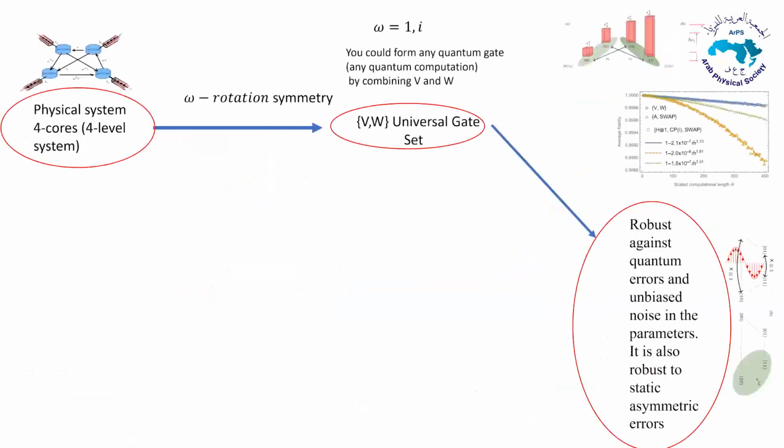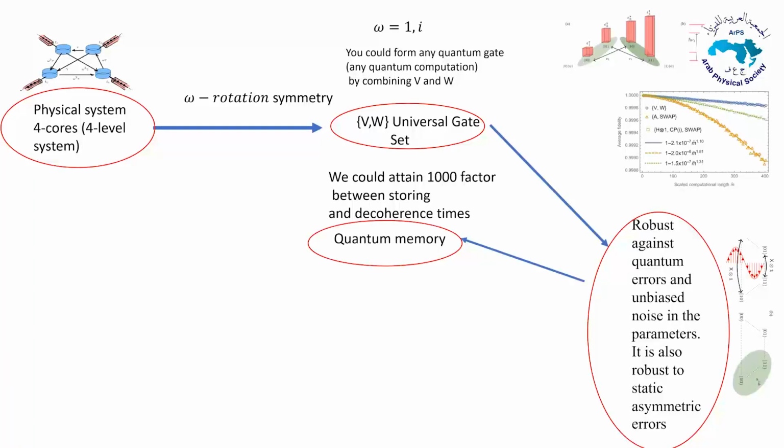So let's summarize what we have done until now. Again, we begin with a 4-core system using the omega symmetry. Then we constructed a universal gate, which can be used for computation. But we have shown that this universal quantum gate is robust against error, classical error, quantum errors, and static asymmetry errors. So more than that, we can show that this system is stable